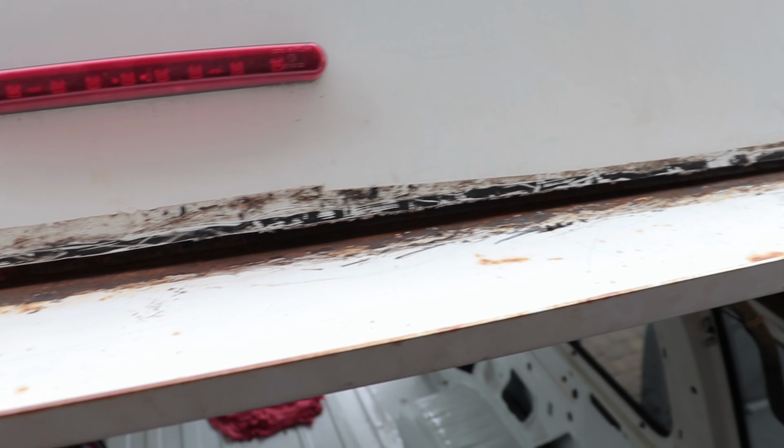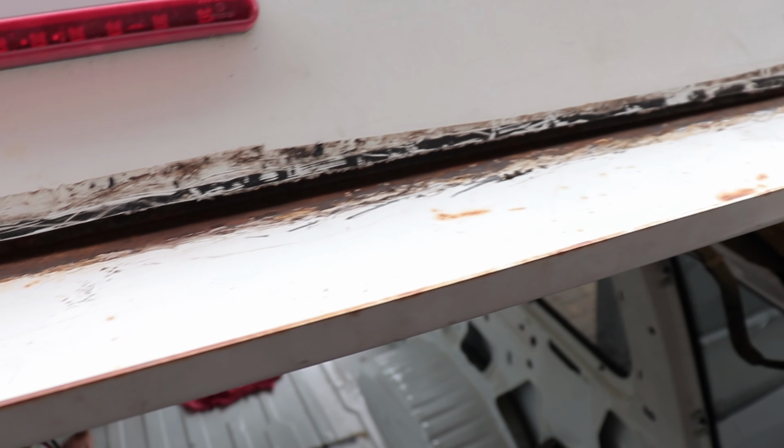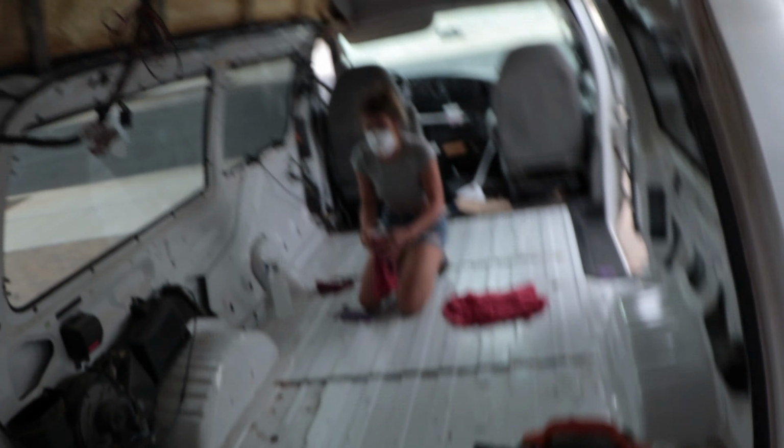This is kind of what it looks like now. Still a little bit of gunk on there, but I think I'm gonna see if we have any Goo Gone or something where we can take that gunk off, because basically all the caulking's out. There's just the flex tape. We used flex tape to like temporarily fix it, and that was a mistake because it didn't work, and now we have gunk. So you can see like all over the van. Gonna see if we have any Goo Gone. Kaylee is just cleaning